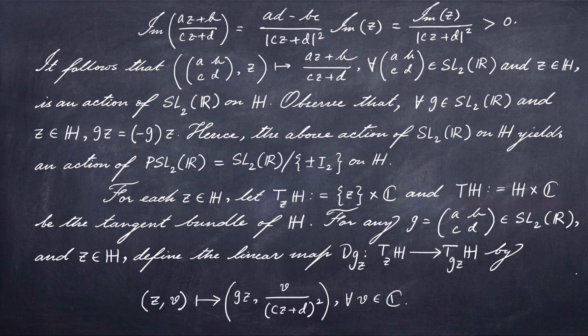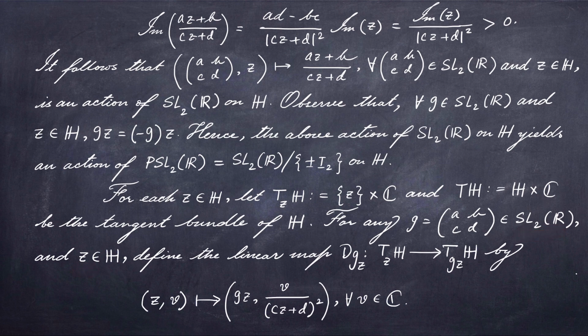TH to be H Cartesian product C. So it is easy to see that this is nothing but the disjoint union of all tangent spaces. Okay. So this is what we are going to call the tangent bundle of the upper half plane. Now for every matrix G equal to ABCD in SL2R and Z in the upper half plane,